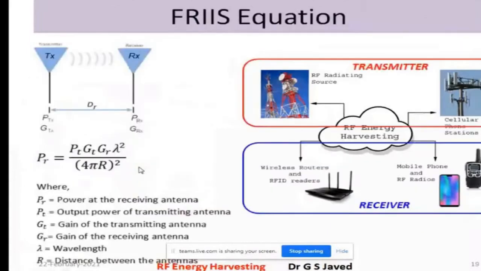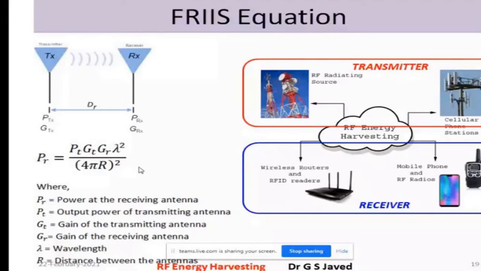Now, before we go that, the first thing you need to really understand is a very old equation which gives an understanding. This was typically developed for radars to find out what is the received power from a radar and what is the expected transmitter power to find out what is the range in which the radar can operate. But a similar application or analogy can be used for your wireless routers and mobile phone